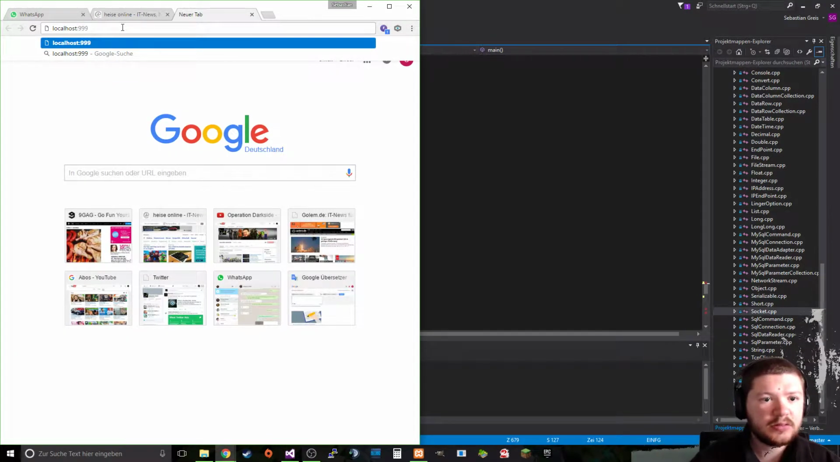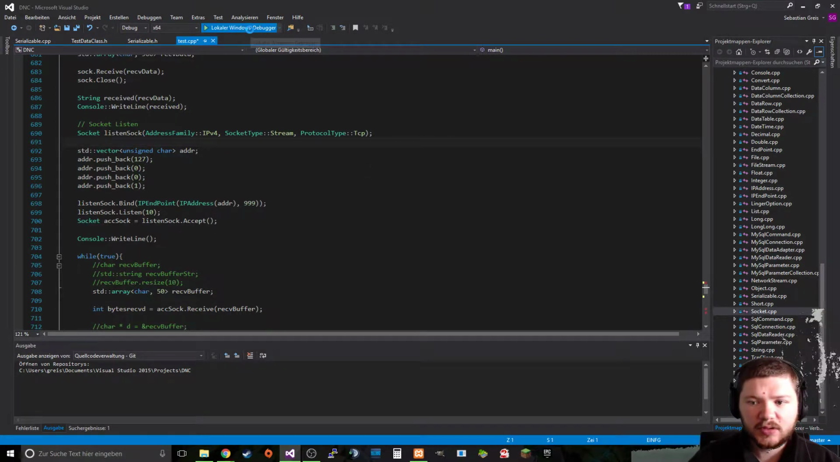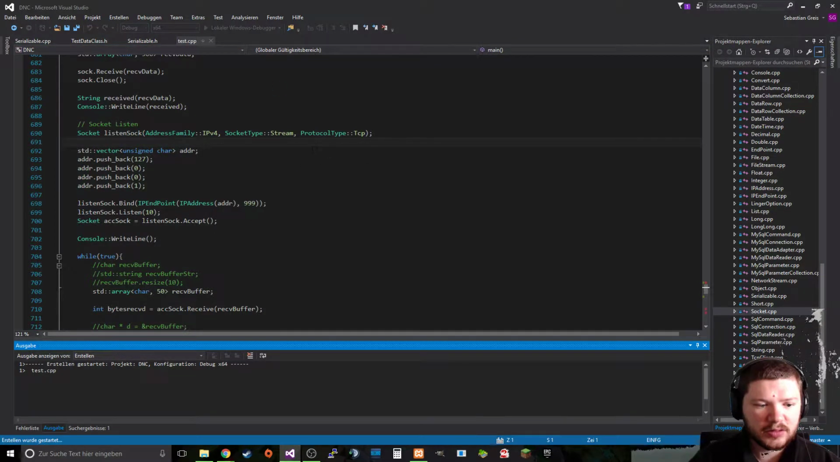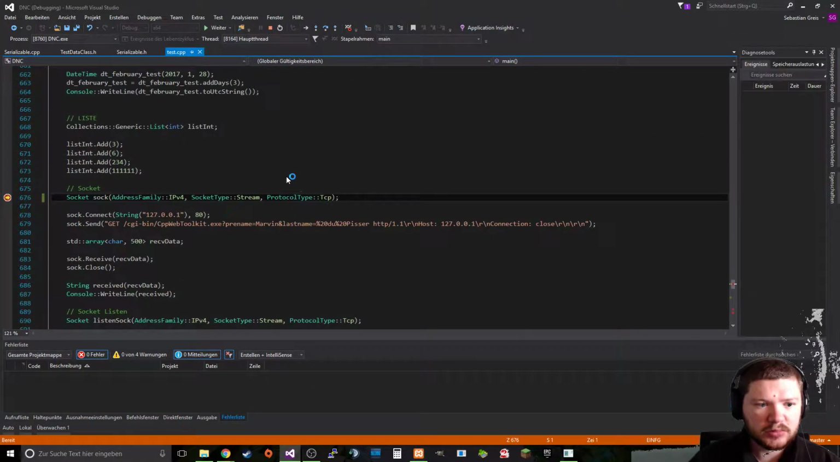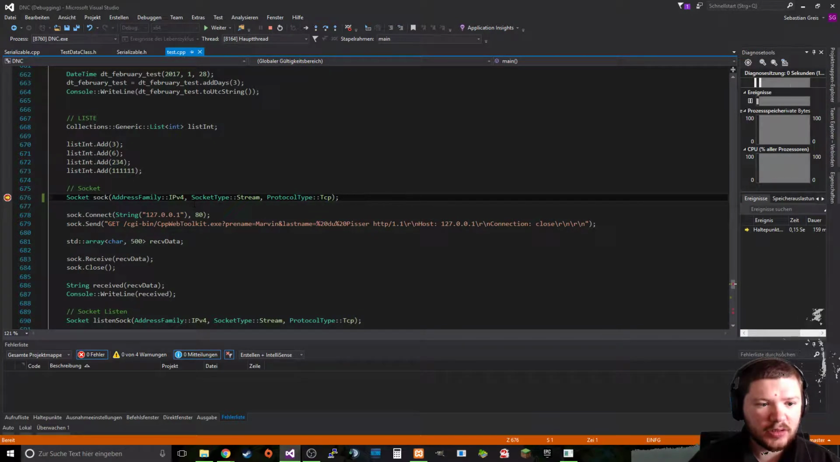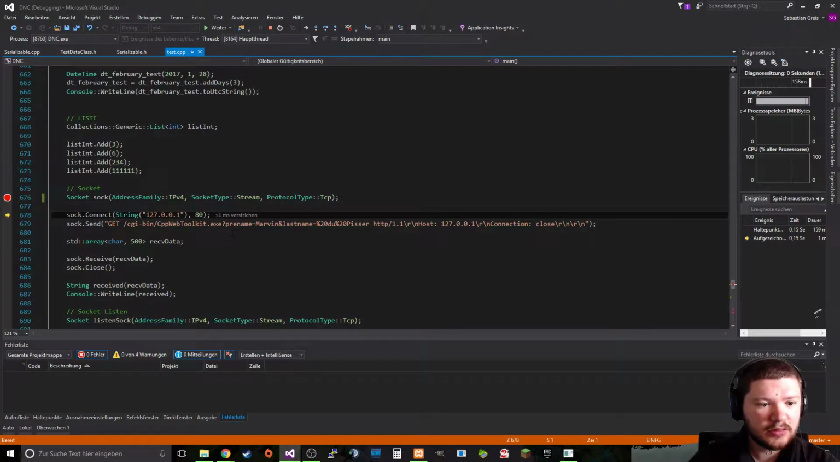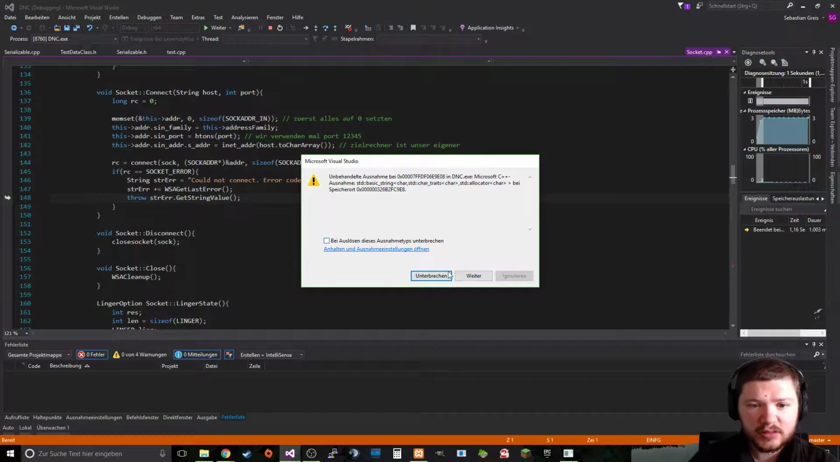So 999. We will use this short bit, just compiling, and here we are. So this part should look quite familiar, like .NET. So address family, socket type, protocol type. These are all enums you can use just like the enums in .NET. So you get your socket, you connect this socket, and what's the